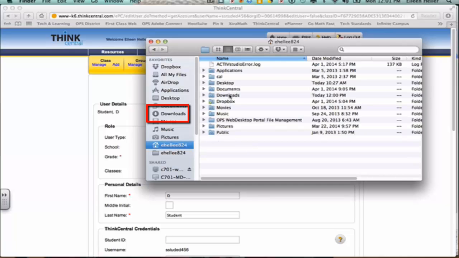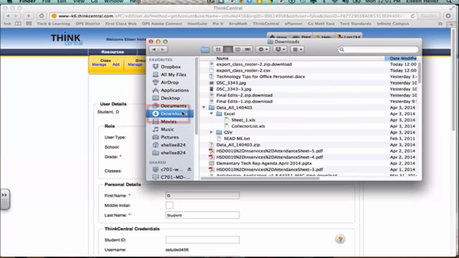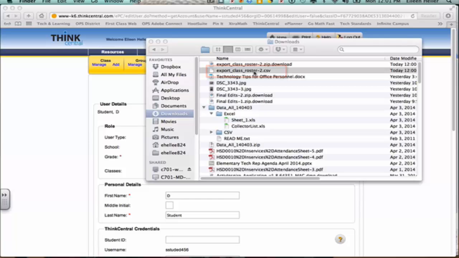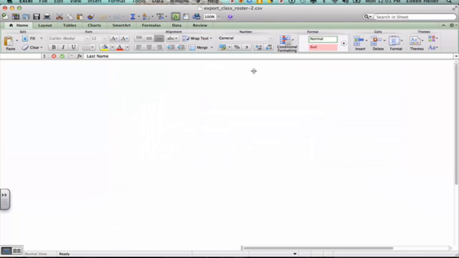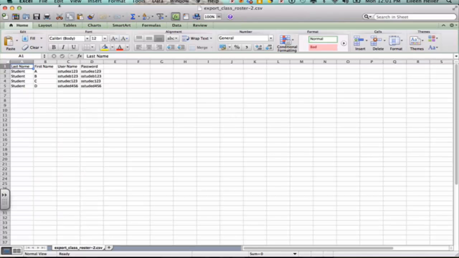If you can't find downloads inside there, then you will need to contact your building tech support to find out where is the downloads folder. You might even have luck going into the little magnifying glass and typing for the downloads folder. But once you can find that downloads folder, I have my exported CSV file right here. And .csv files, when you double click on them, open up in Microsoft Excel. Now you could do just a simple file print and it's going to print out very similar to how it